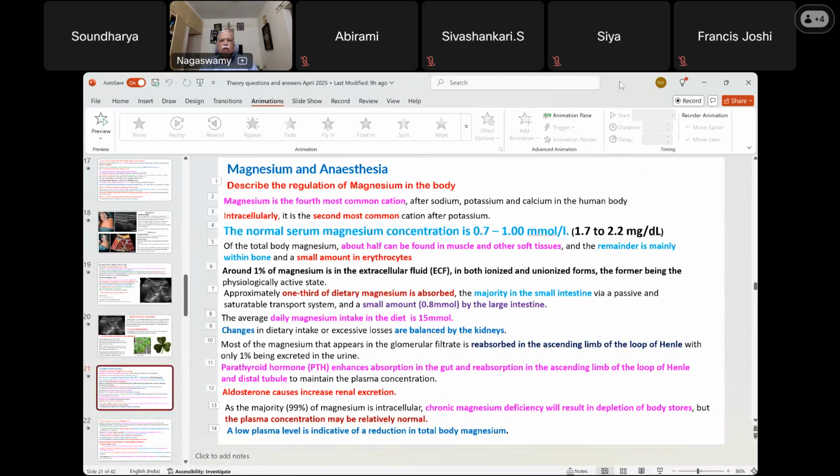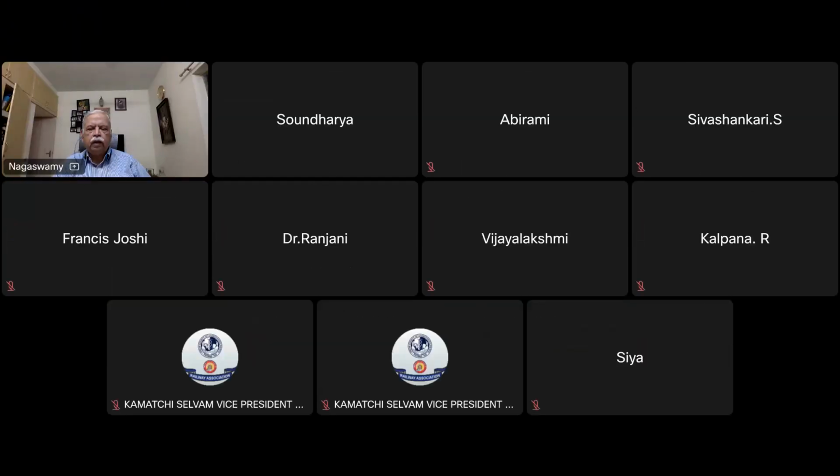quadratus lumborum block. So the main points that you have to remember are: it is an adjuvant block, and it requires ultrasound, and it is a fascial plane block requiring large quantities, and has to be done bilaterally for surgeries in the midline. These are the points that have to be